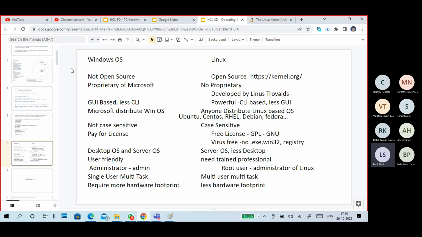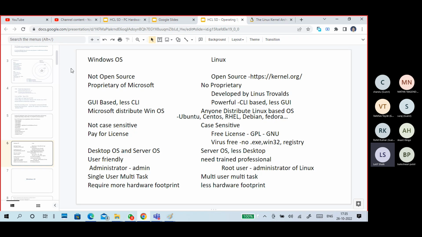In Windows, that's not required. With a normal desktop operating system, you don't require special training; any general person can learn it. Even for Windows Server we need training for server operations, but normal Windows doesn't require any. You have to pay for Windows licenses, whereas Linux is mostly a free operating system.